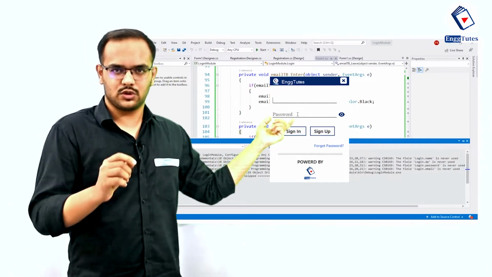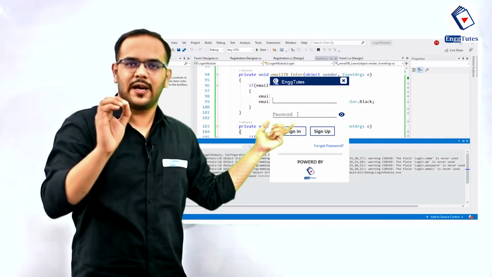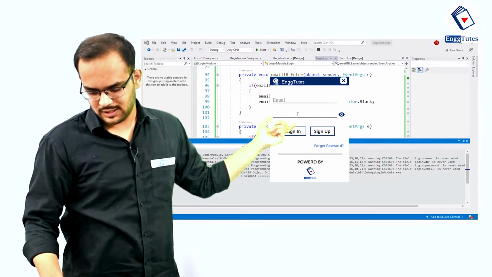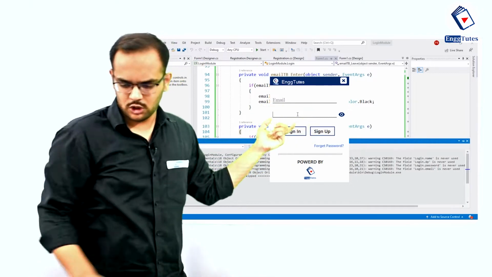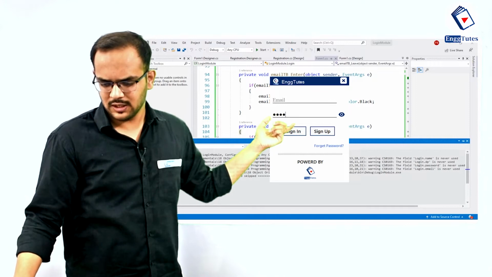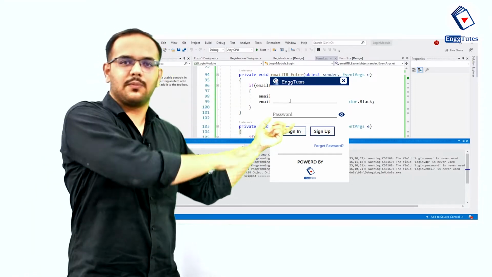If you set that default value as true, the placeholder will be replaced by dots. We don't want that. As soon as I enter it, you should set the system password character to true, so that when the user types a password, it is masked. And while leaving, if the user hasn't typed any password, then again the placeholder should come.